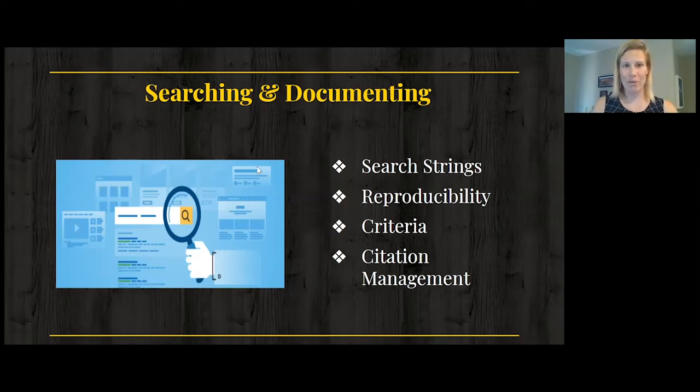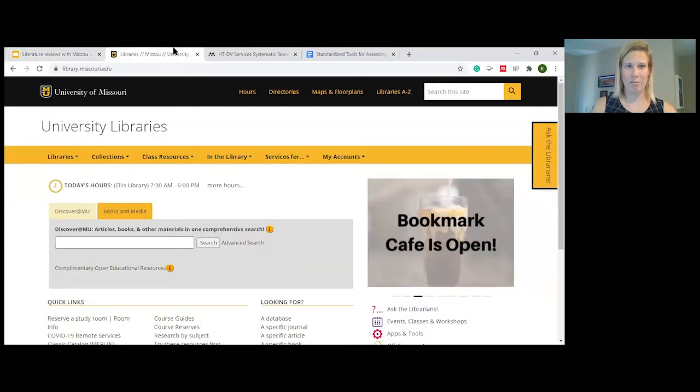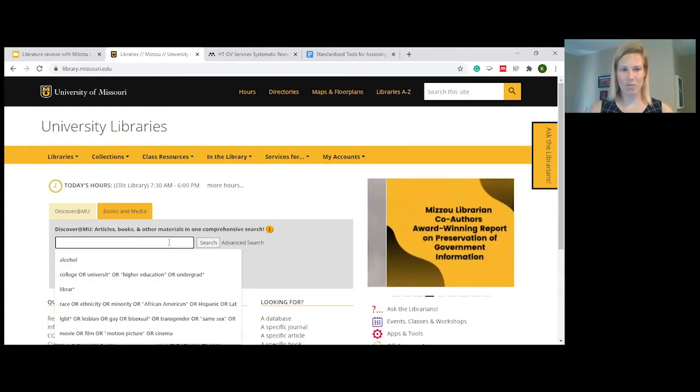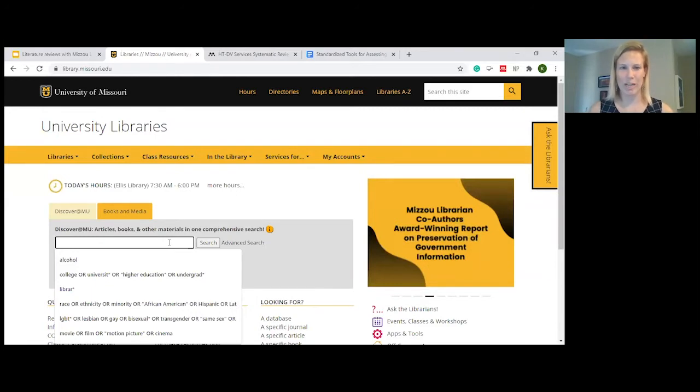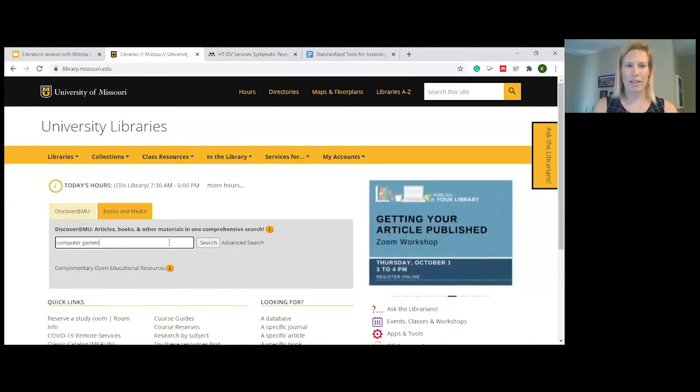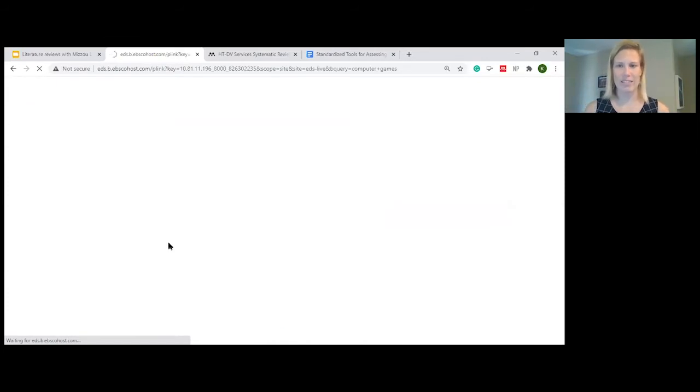But what I'm going to do now is jump from this screen to the library's website and run a quick search just to show you a few search strategies in that string that I mentioned. Hopefully this is a little bit of an overview. That's not really what this session is about. So we'll learn a couple of tricks, but if you want to know more, talk to your librarian. I'm going to use the idea of computer games with education for students who have autism. It's come up a lot in different classes that I've worked with recently. I think it's a good example, but it has a lot of different moving pieces that will let us see what works.